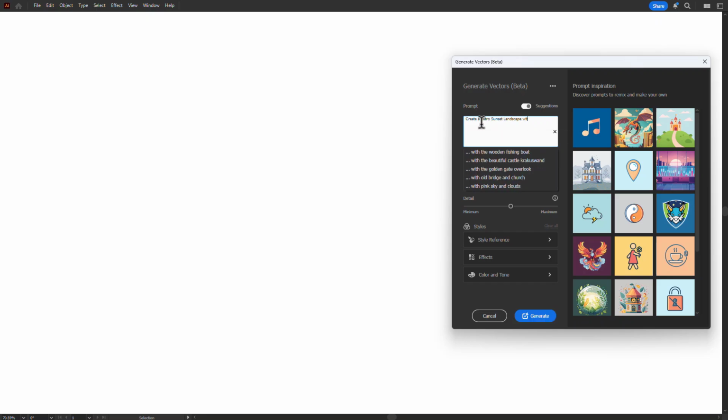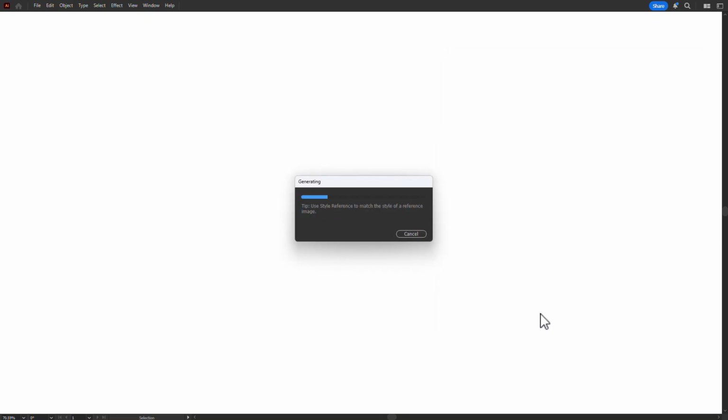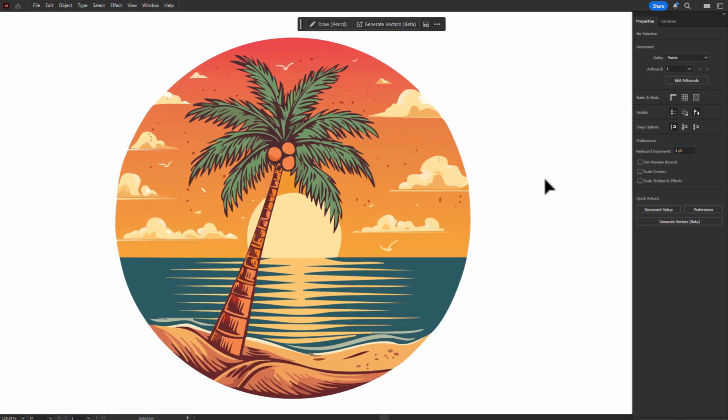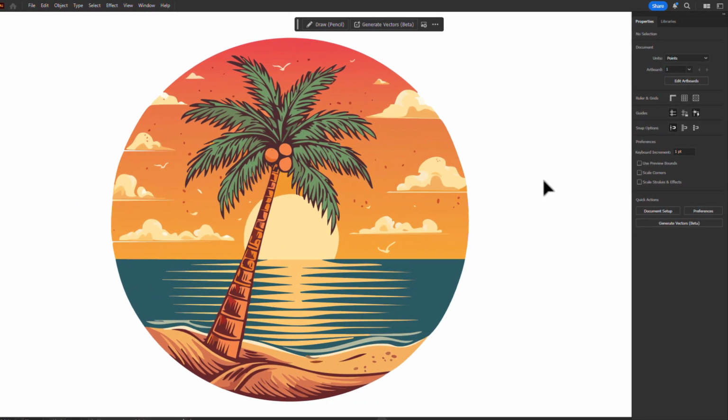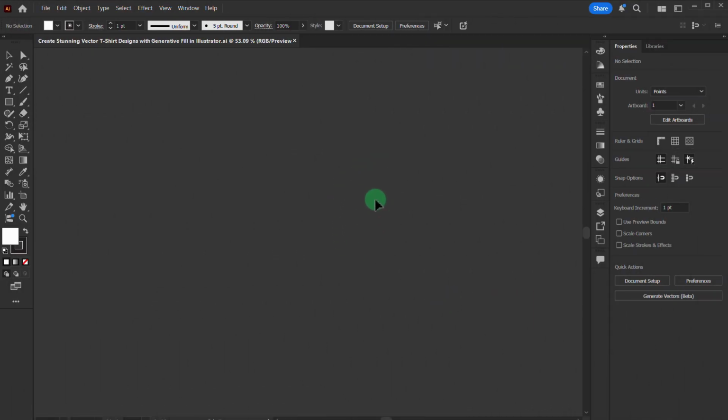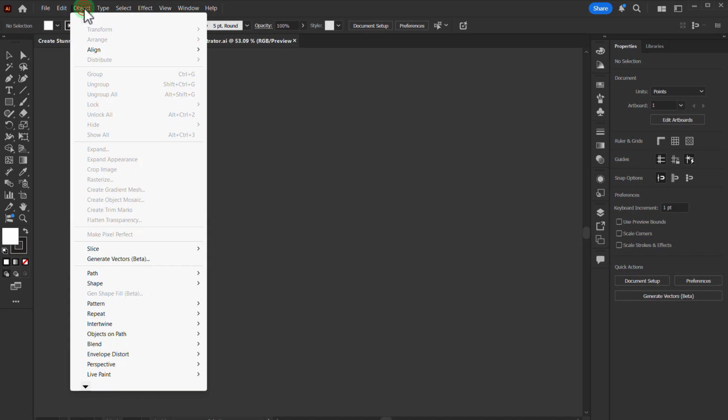In this video, we will learn how to convert text to vector and create a standing t-shirt design using the Generate Vector tool. Go to the menu bar, click on the Object menu, click on Generate Vector,